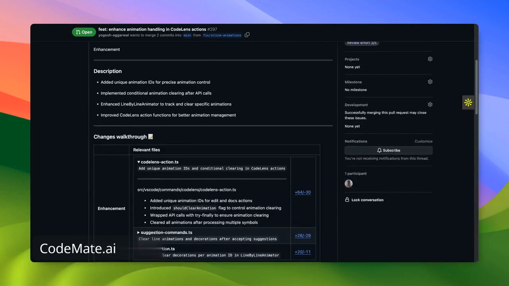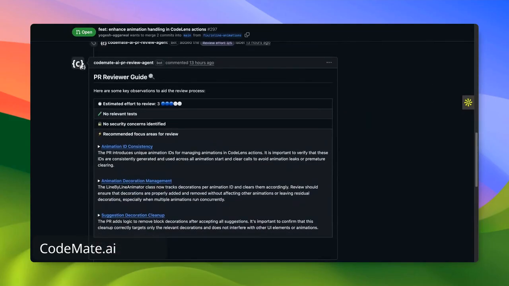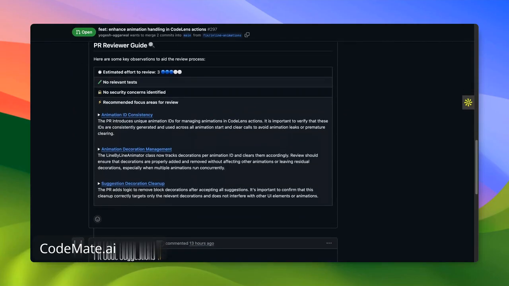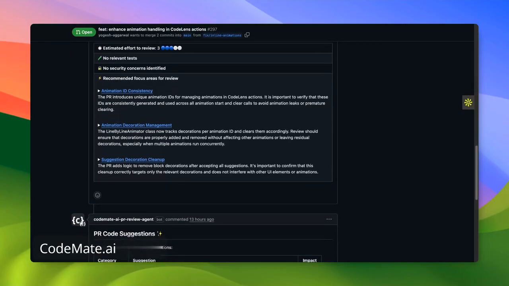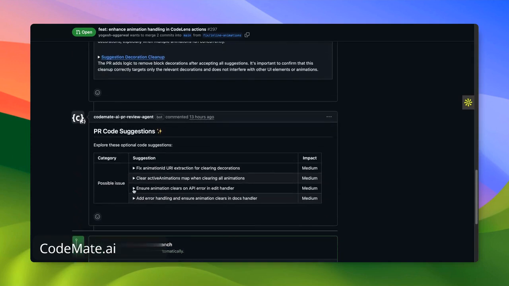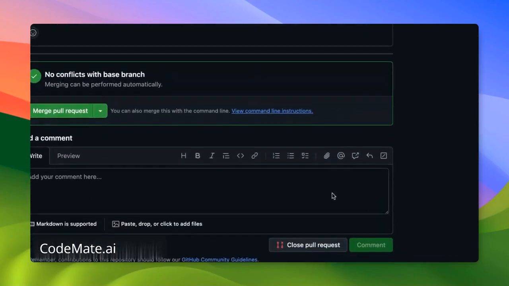Besides just describing the PR, it conducts an extensive automatic code review as soon as the PR is created. You'll notice it performs relevant tests, including assessing the estimated effort for review, identifying security vulnerabilities, evaluating code quality concerns, and more. It presents solutions and potential impacts, detailing any issues and their possible effects.